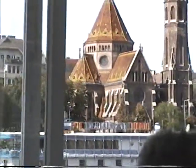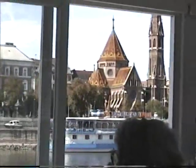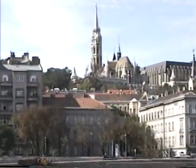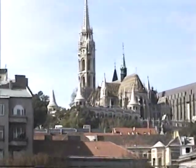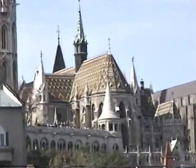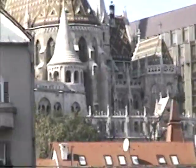I said that when our ancestors arrived here at the end of the 9th century, in the year 896, they were nomadic people and they used to live in tents, quite unusual. Fisherman's Bastion is called Fisherman's Bastion because that structure, it's a 19th century structure, was put on the ruins of